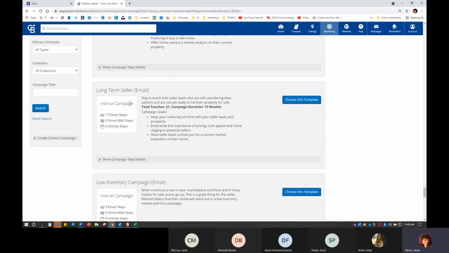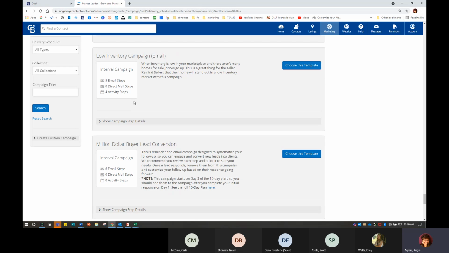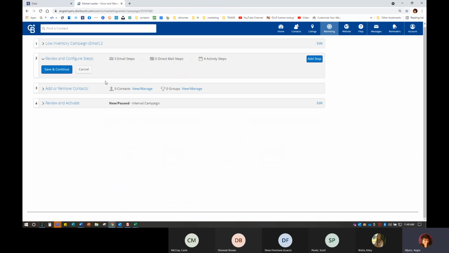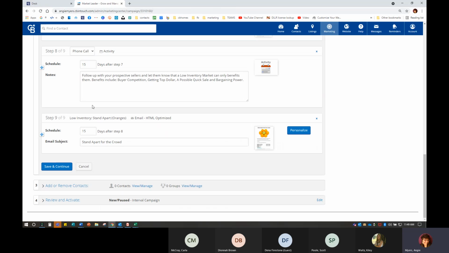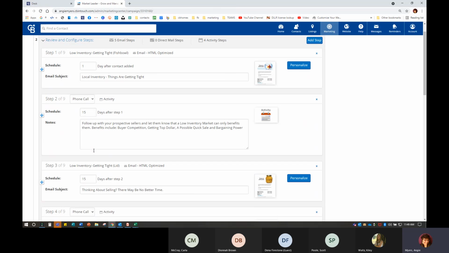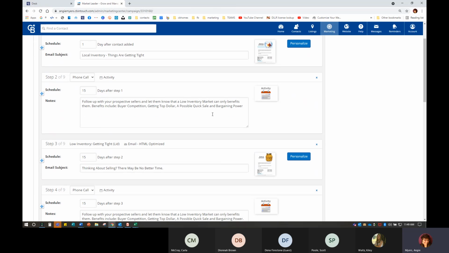You'll see we also have long-term sellers. Low inventory, which we definitely have right now, but that does have some activity steps. That does not mean that you can't go in. So choose the template. This is a low inventory campaign. The very first thing is an email. It's got the fishbowl on it. Then 15 days later, this system wants me to follow up. Let them know about the benefits. Benefits include buyer competition, getting top dollar, possible quick sale, bargaining power. If I don't want to do the phone call,